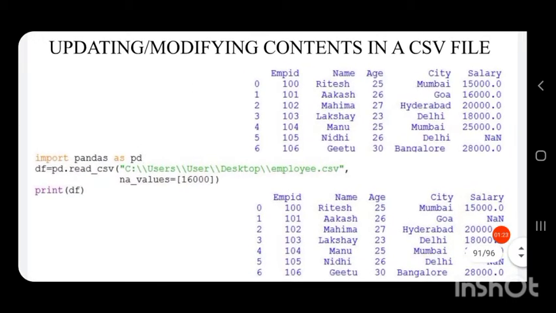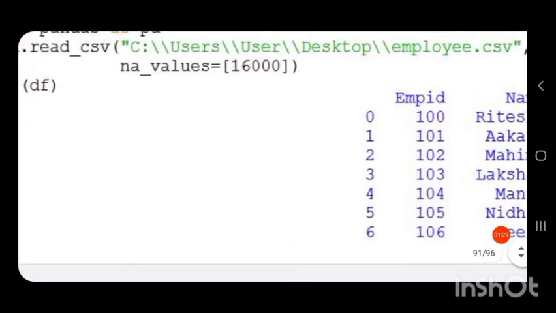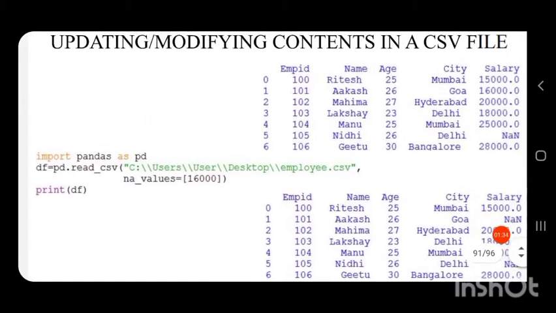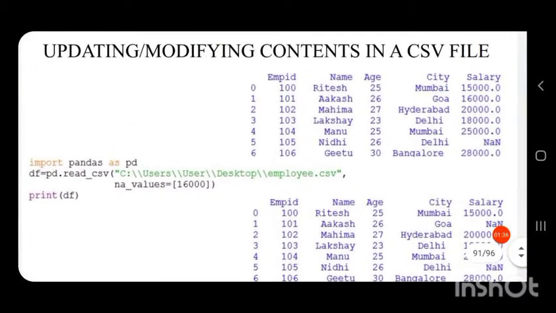For that, we have to use an attribute called na_values. Here we are updating a value by a nan value.